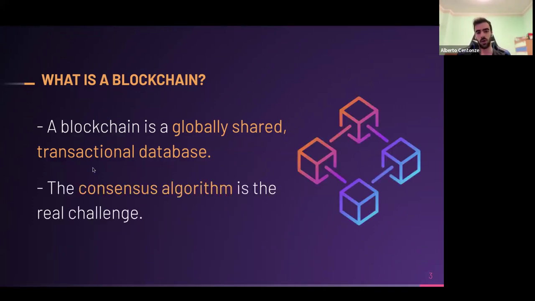Now, what makes a blockchain secure is the consensus algorithm, which I'm not going to cover in today's presentation because otherwise this would be a 2 hour long presentation. But just keep in mind that you have a bunch of computers connected together, and they all have a copy of the state of the blockchain. They all communicate together through this consensus algorithm to be able to agree on a global state which we know is secure, in the sense that it cannot be manipulated by a malicious actor. You can always assume that the blockchain is always saying the truth. Those are the nice properties that make it interesting to develop on a blockchain.